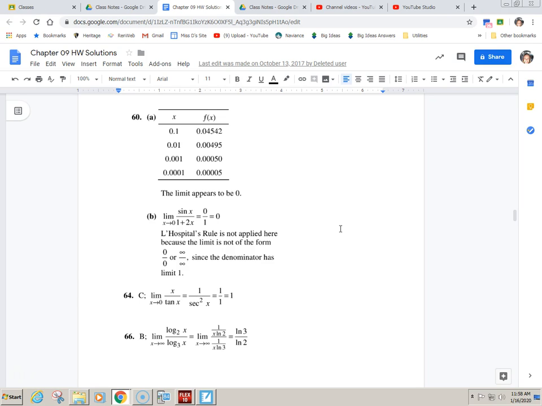Oh, no. Never mind. I thought they were saying the limit is 1. That's more in like earlier when you're first learning limits. That's not necessarily L'Hopital's. They're trying to warn you that because of the table, the limit truly is 0. But if you tried to do L'Hopital's, you would have gotten a